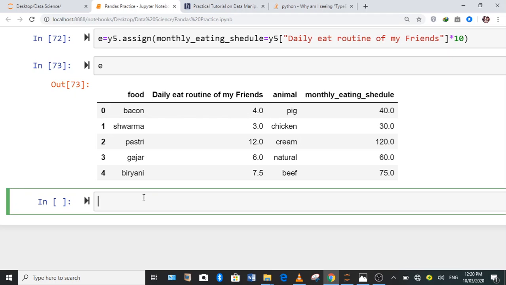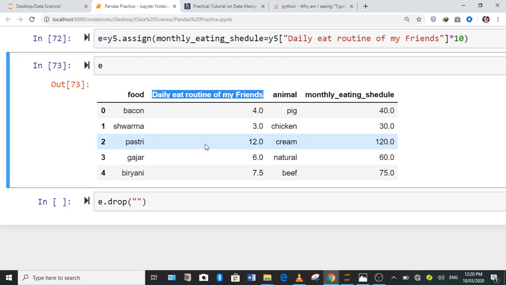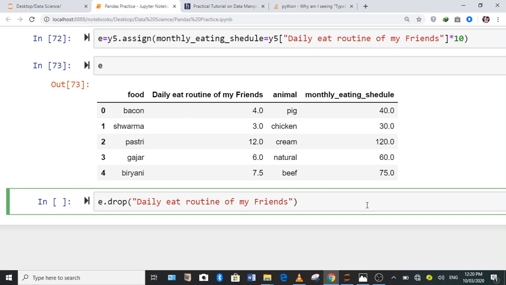So we can do that simply by typing the variable, dot drop, and the column name we want to drop. Here is what column I want to drop. I want to drop this column. Just copy paste it here and write